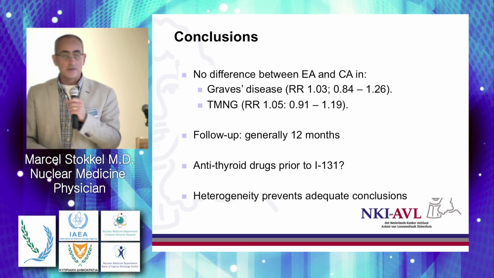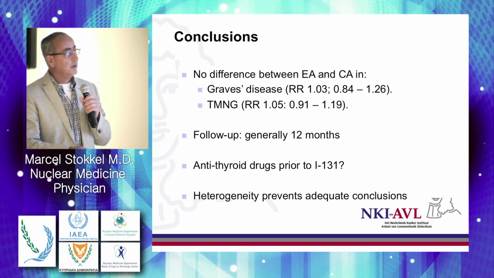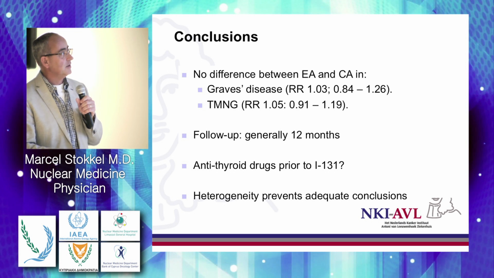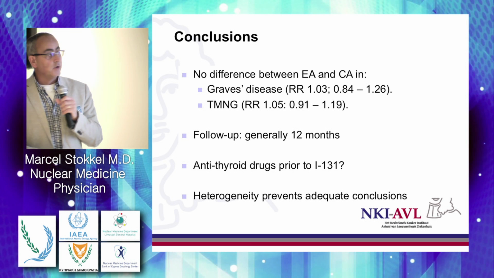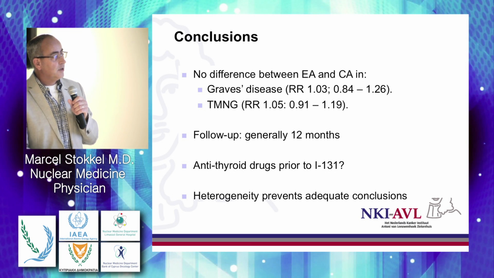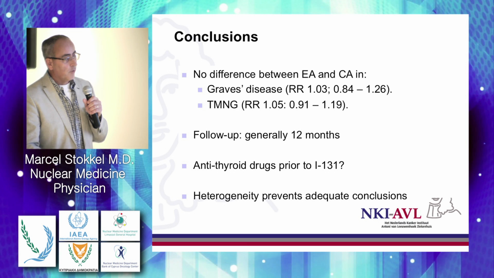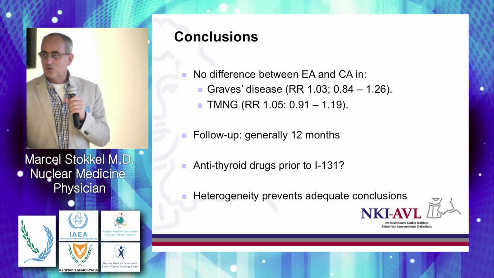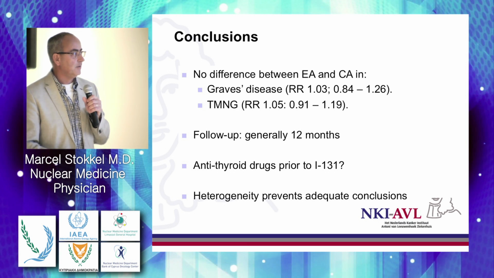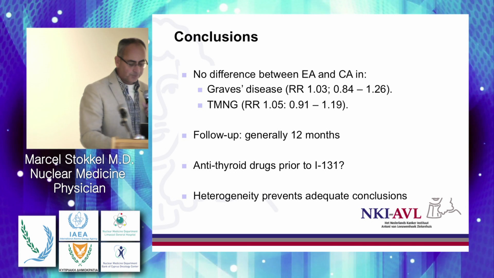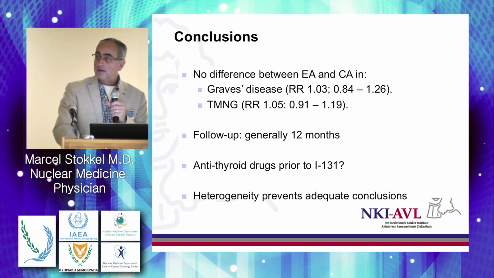And based on this paper, you can see here the conclusions. There was no difference between the estimated and the calculated activity in Graves' disease, toxic multinodular goitre. There is only one thing to keep in mind. The overall follow-up in all the papers presented in literature is only up to 12 months. We don't know anything about pre-treatment block replacement prior to radioiodine application. And one of the most important issues, as always in nuclear medicine, is the heterogeneity of the population studied. That was studied in Graves' disease and toxic